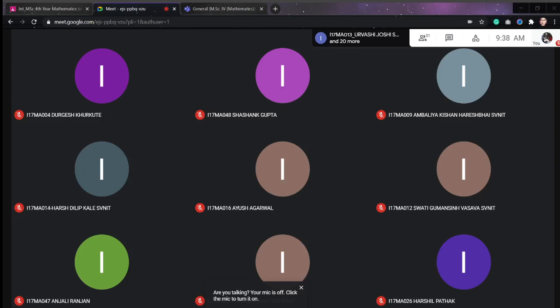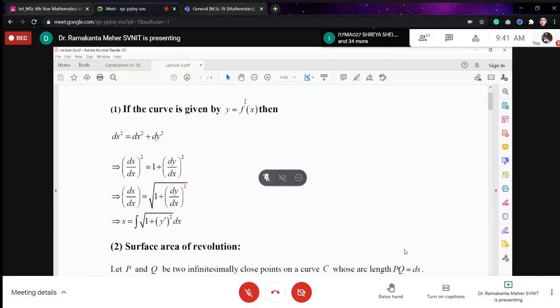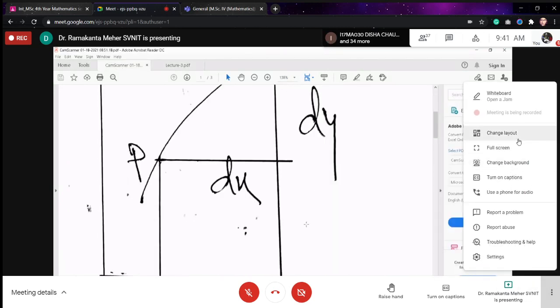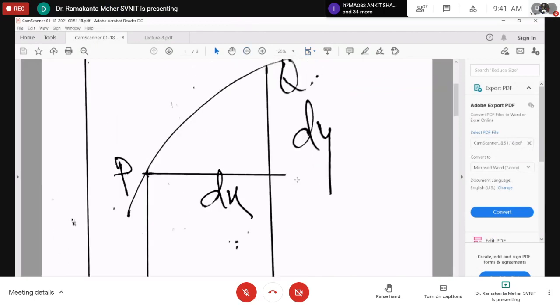points, that is A1, B1 to A2, B2, and so on. So suppose we are taking any curve y equal to f of x in the xy plane. So I can say, suppose we are taking this type of, this is the xy plane, and suppose we are taking a curve on the xy plane, and we are denoting 2 points P and Q,